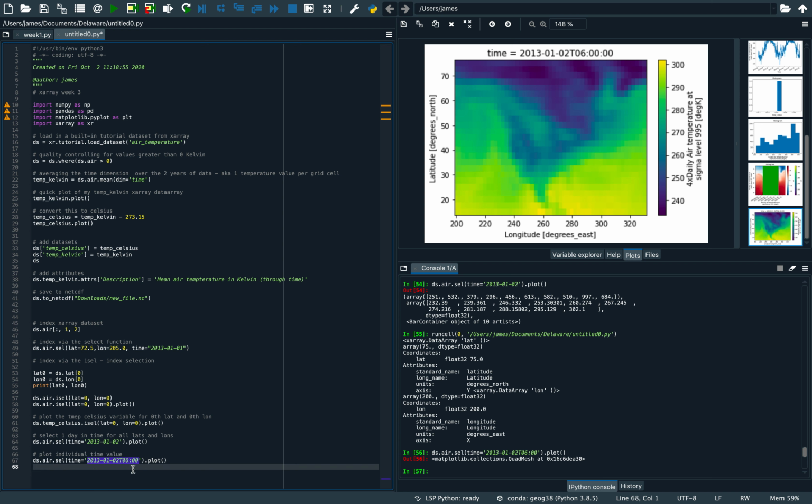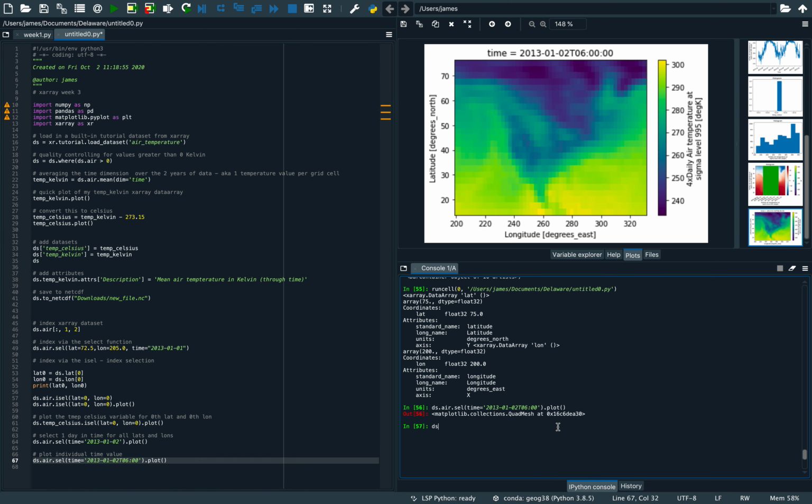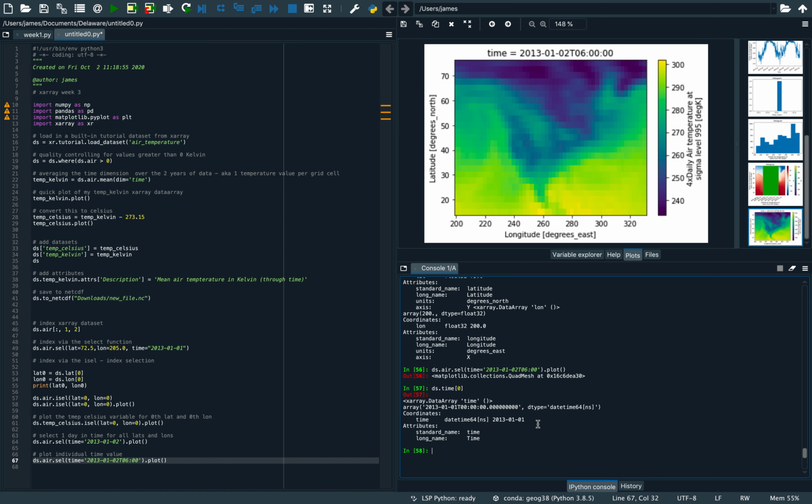Now, whenever you're selecting time, you really need to focus on the way that the time is stored. In this case, this time is stored as a 4-digit year, dash, 2-digit month, dash, 2-digit day, T, 2-digit hour, colon, 2-digit minute. So the way that we know that is if we do ds.time 0, we print out